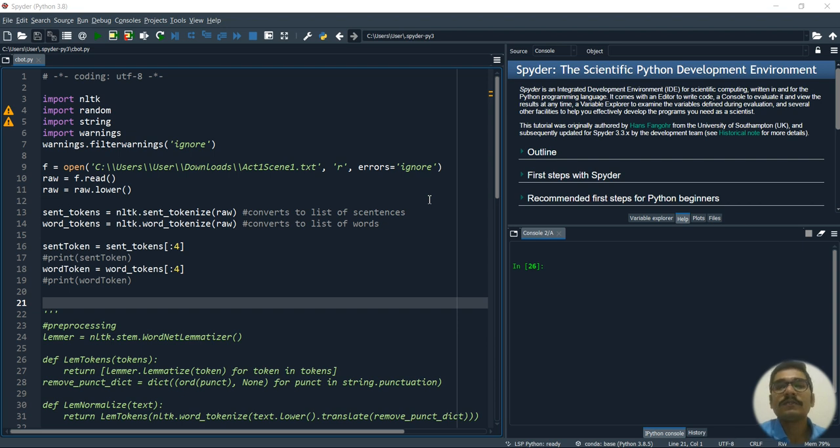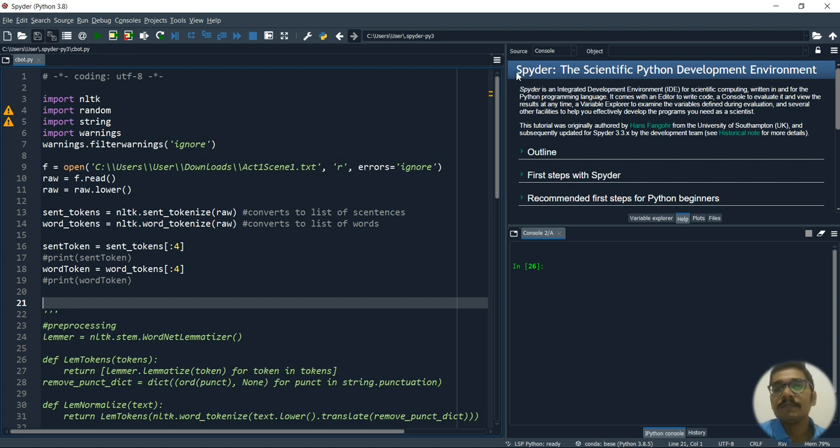For that purpose, I'll be running all of these things on a special editor, that is the code editor. This is a new code editor that I'm introducing. Before this we did the code editing in Google Colab, Jupyter Notebook, and also by using IDLE and PyCharm.